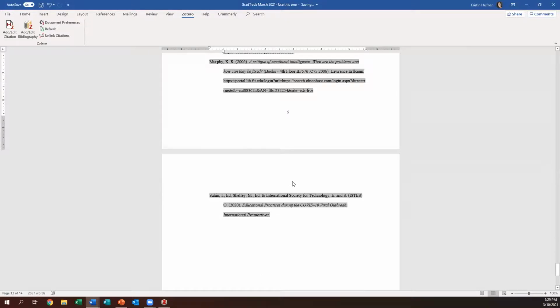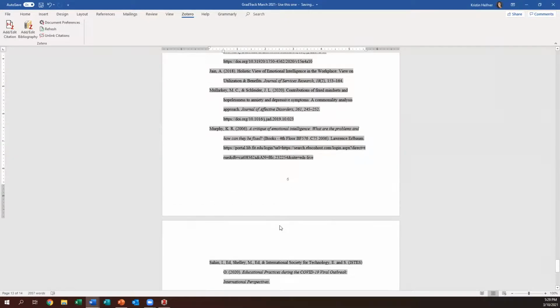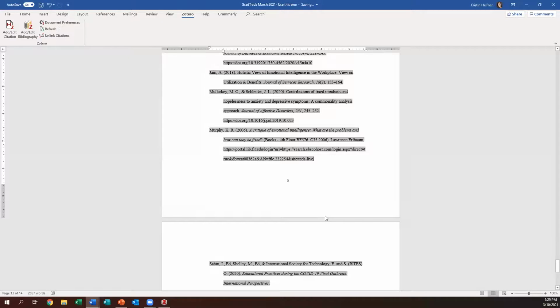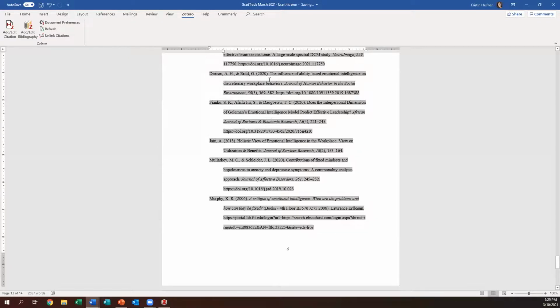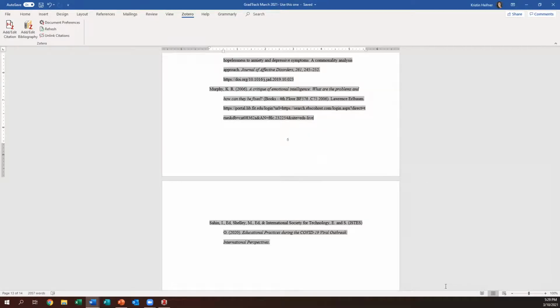It added another resource to my list. So it's really pretty easy to just do that. If I, again, could do the refresh or the unlink from there as well. Like I said before, the biggest thing with how your citations are appearing here is going to be how it's pulling them from Zotero. So within Zotero itself, when you import those references, you can edit them in there if